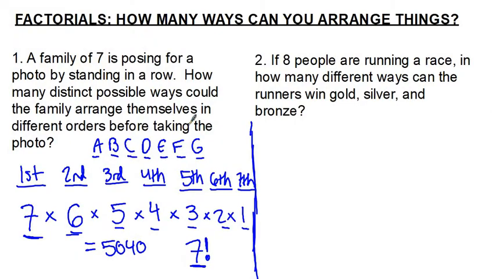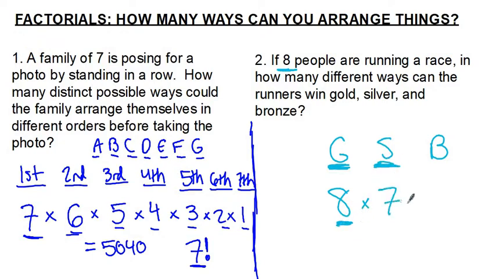Alright, so this next one, see if you can pause it and give it a try. It's very similar. This one says if 8 people are running a race, how many ways can they finish first, second, and third? Or how many ways can they win gold, silver, and bronze? Well, think about it. Gold, how many people could win gold? There are 8 people who could cross the line first. Times, how many people could win silver? Well, the gold medalist has already crossed the line, so now there are 7 left to win silver,